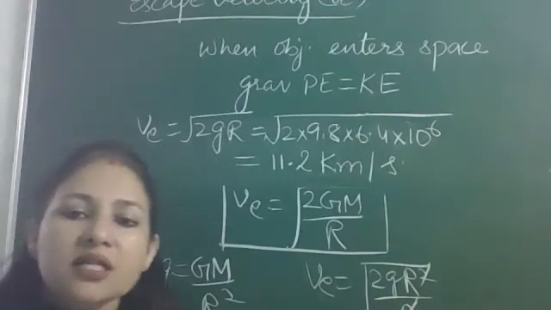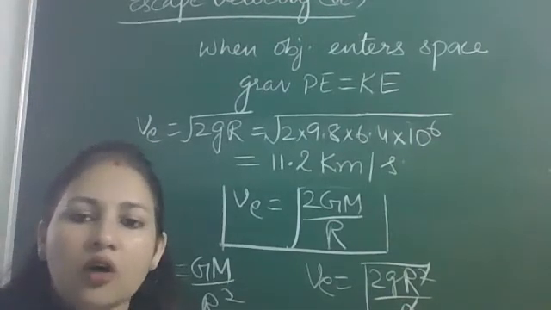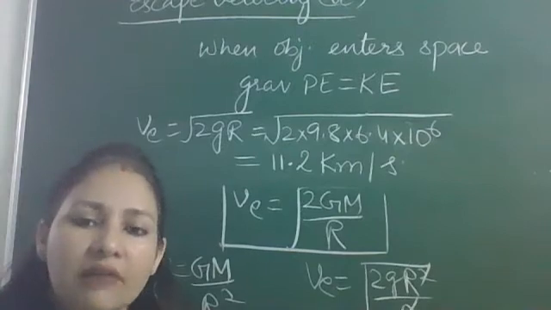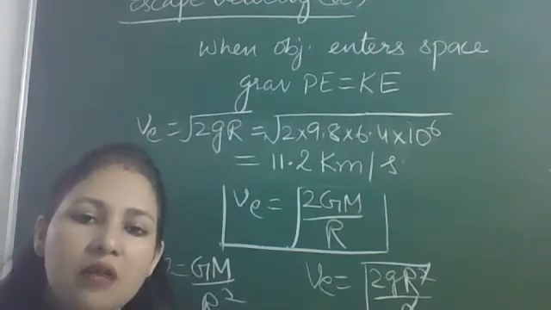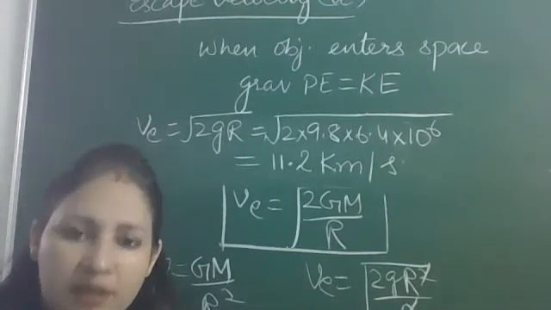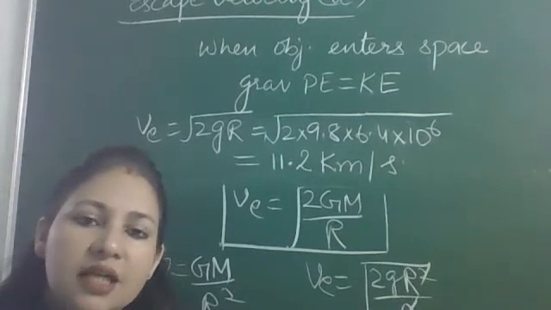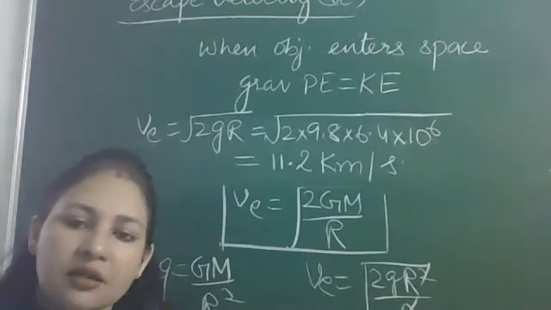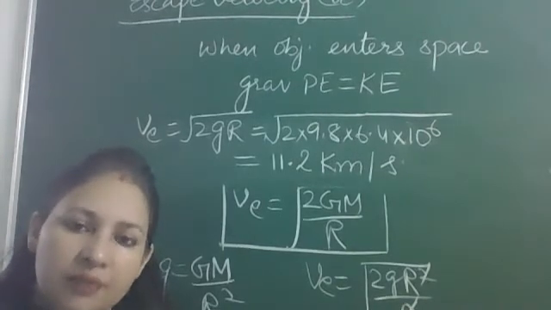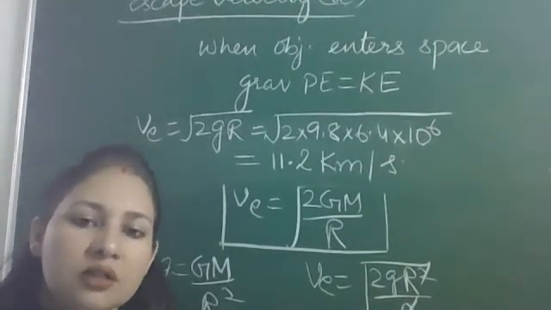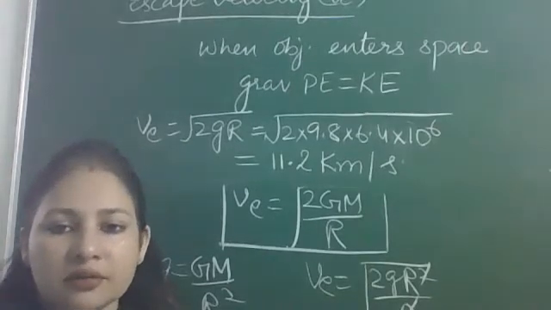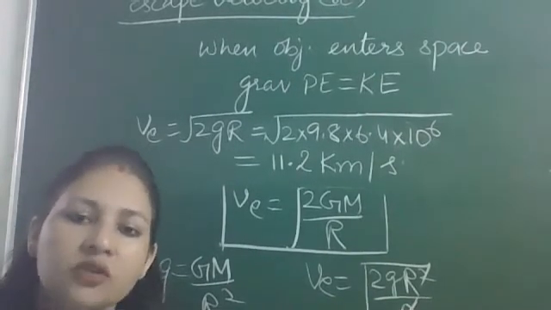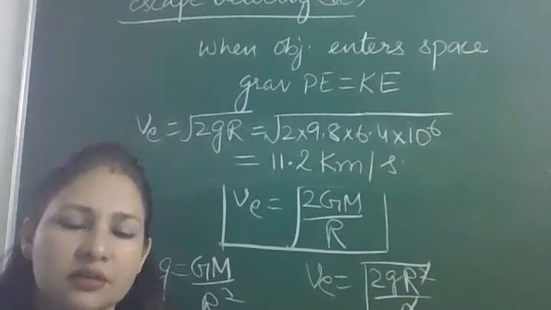So write down what is a satellite first of all. You all know what is a satellite? It is a heavenly body that revolves around the planet in a definite orbit. For example, moon is the natural satellite of Earth. Moon is revolving around the Earth, so that means it is the satellite of Earth.